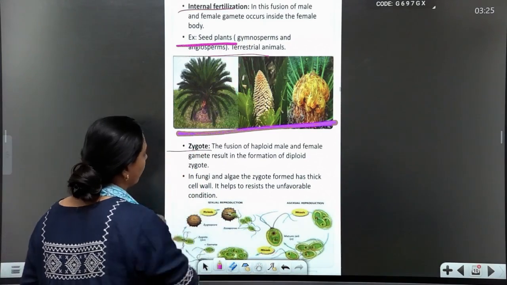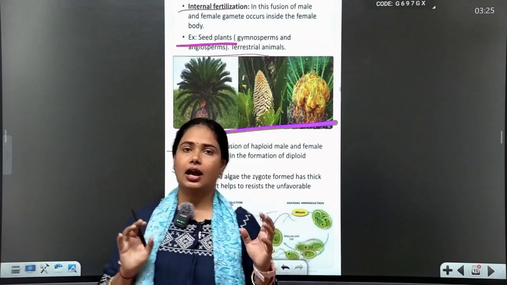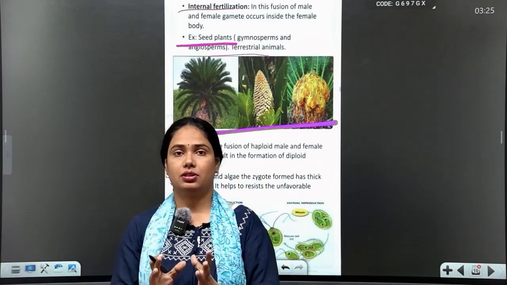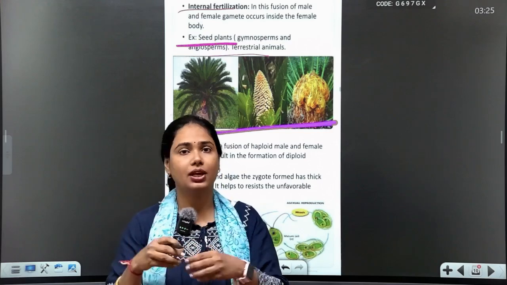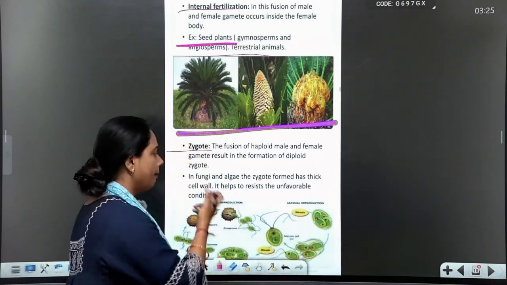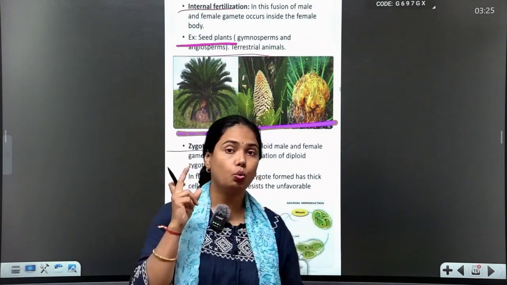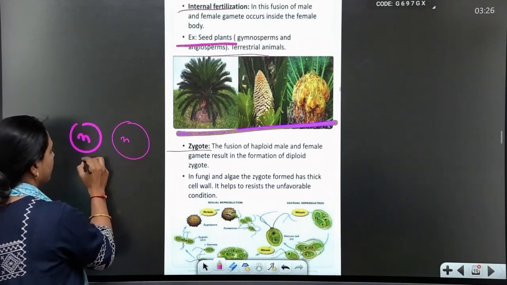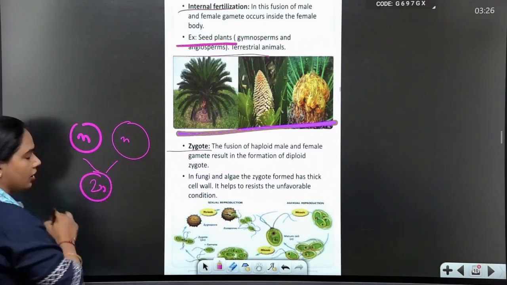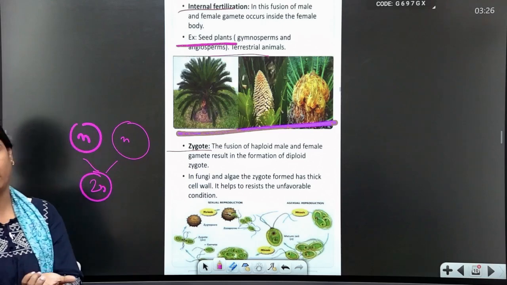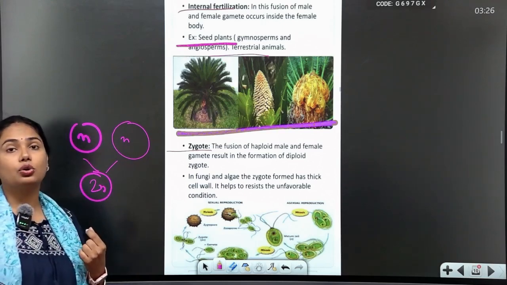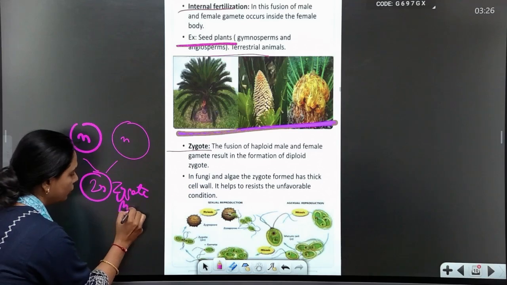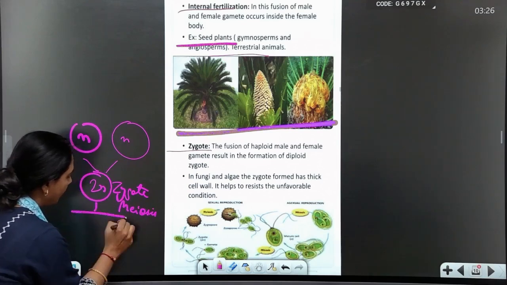Now, what is a zygote? Students, listen. I want to tell you what a zygote is. A zygote is formed in a process in which a half male and a half female gamete fuse and form a zygote. But here I want to tell you one thing: if a parent is haploid in nature, they form a diploid organism. When the parents are already haploid, how does their zygote look diploid? So this zygote immediately shows the meiosis process and becomes half in number,